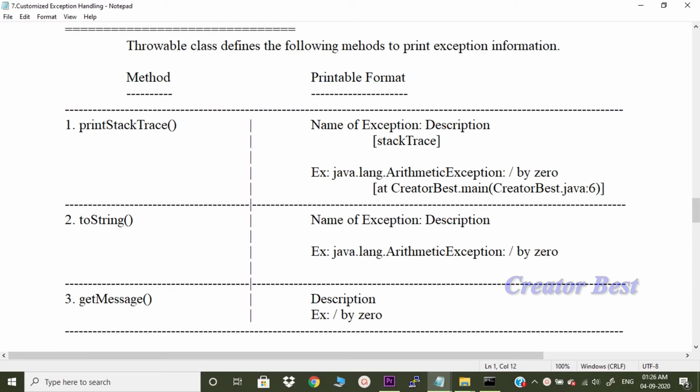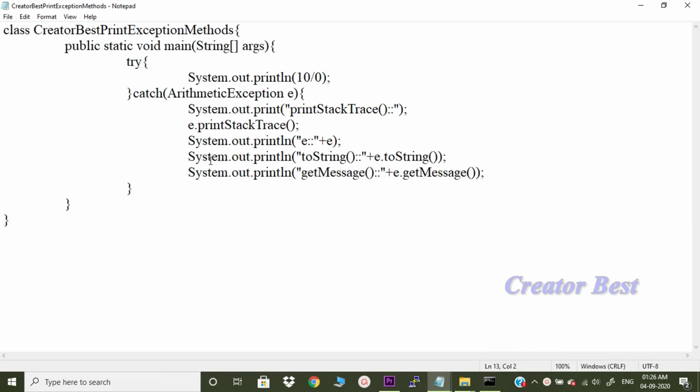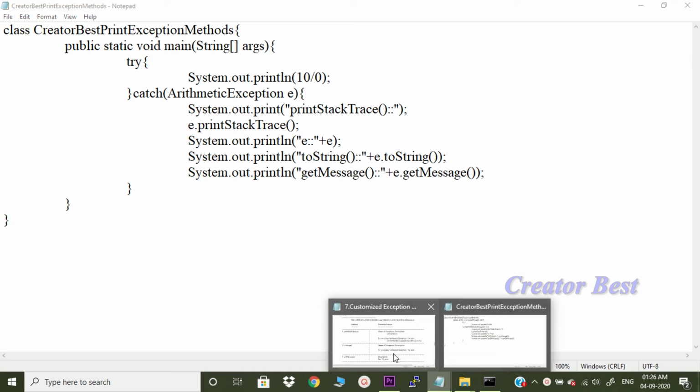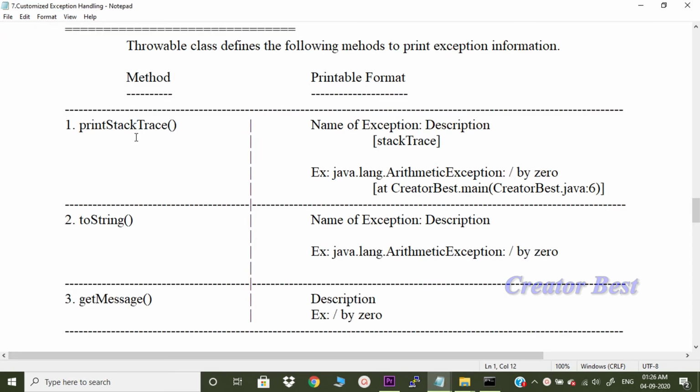Let me show you all these methods by printing in the same program. I have taken this program, a class created for printing exception methods. I have taken an arithmetic exception, divided by 0. I just wanted to show you all these 3 different methods: printStackTrace, toString method, and getMessage.